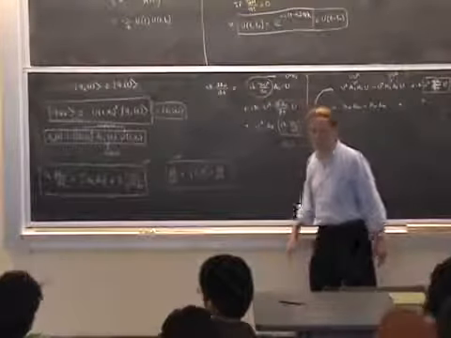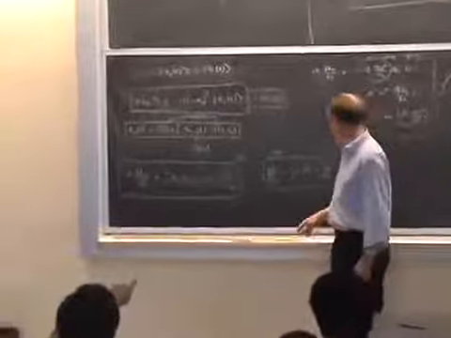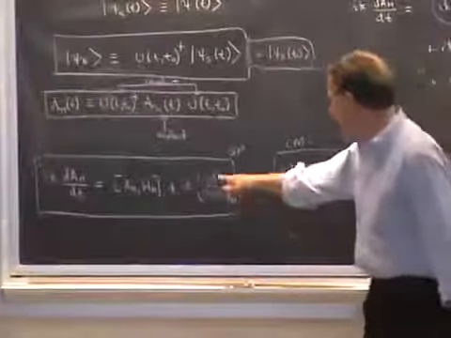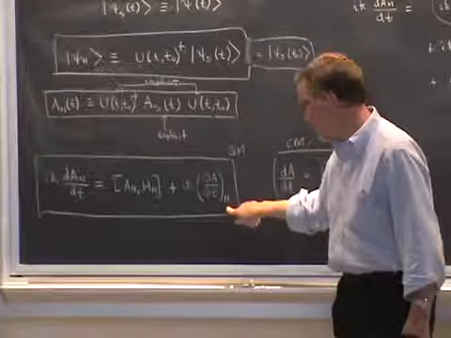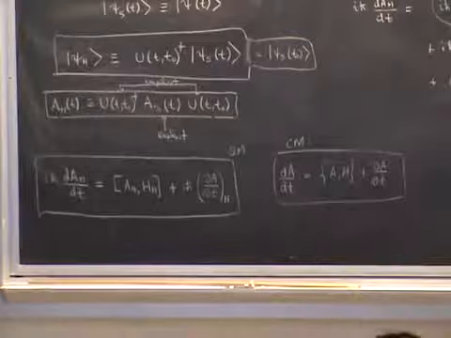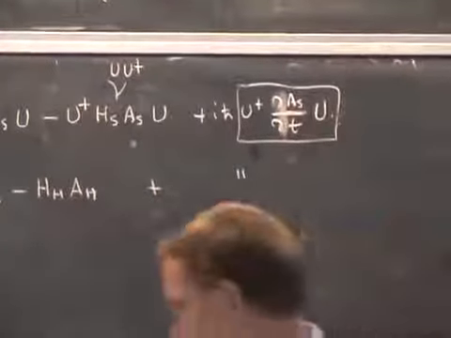There's a question, yes? This dA dt that you've written without a subscript, that's in particular the Schrodinger, right? Here? Yeah, this is dA dt computed in the Schrodinger picture, but then the derivative is converted to the Heisenberg picture. That's what this formula means here. So in other words, this dA dt with H subscript is just another way of writing this. Okay.